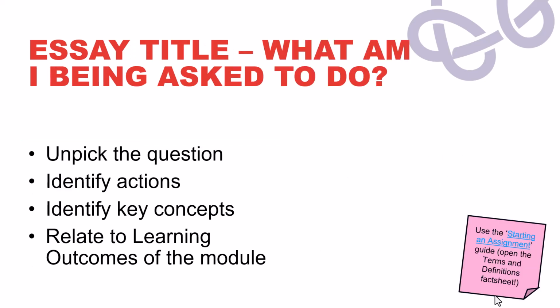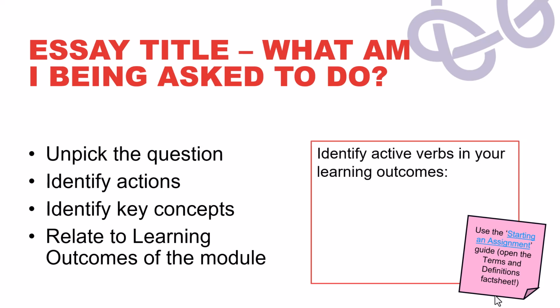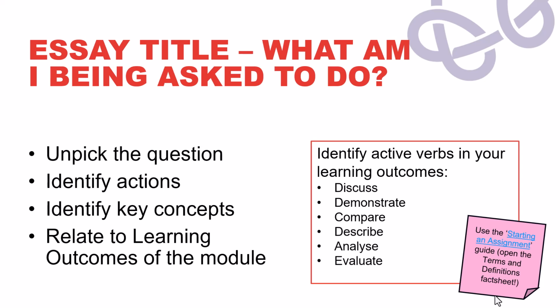So the first thing you need to do is to consider what you're being asked to do when you're given a new assignment. You need to unpick the question so that you know what it is that you're being asked to do. And one of the first steps is to identify the actions that your learning outcomes are asking you to complete. For example, these words are likely to appear in your learning outcomes: discuss, demonstrate, compare, describe, analyse, and evaluate. So it's going to be important to know what each of those means in the context of your learning